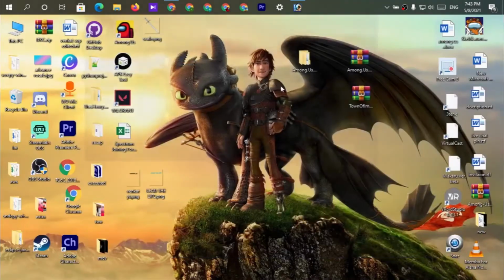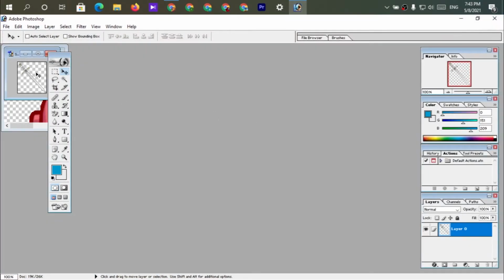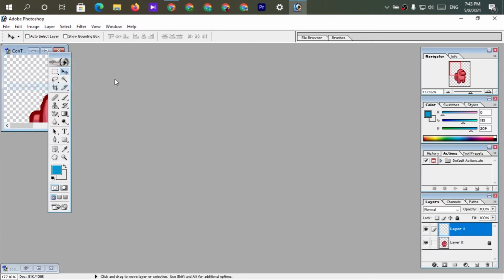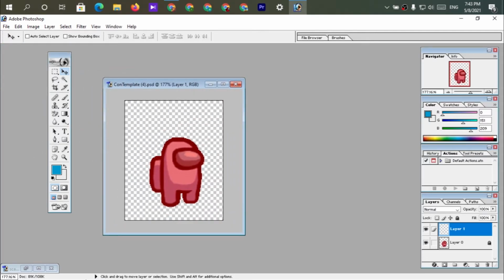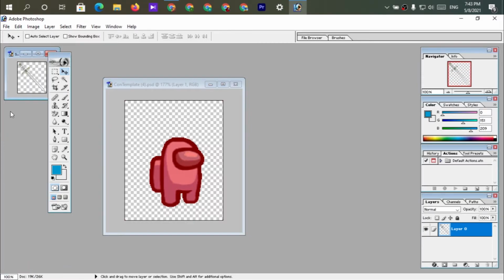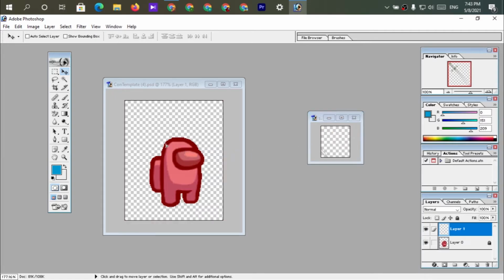Now let's bring the scale down image. Okay, let me move. Sorry. So here we got.